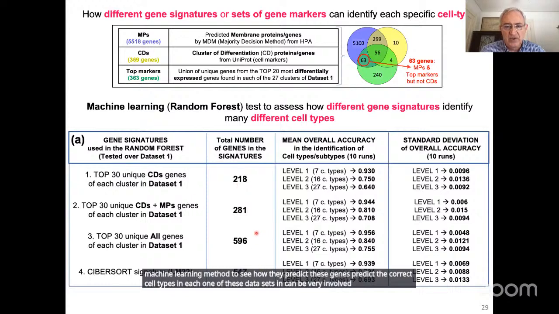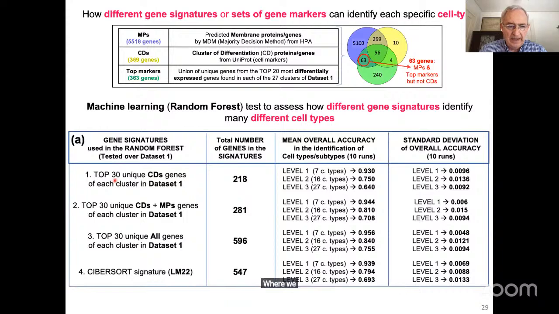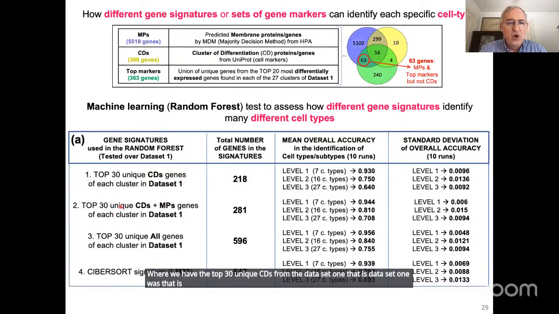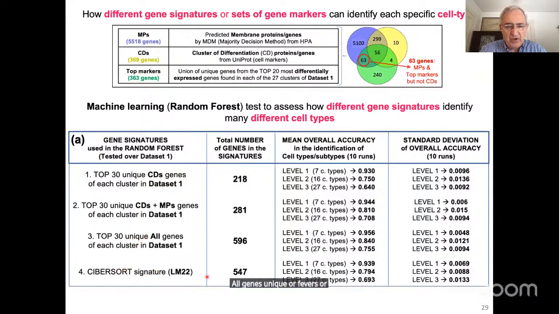with different signatures, no? The genes here where we have the top 30 unique CDs from dataset 1, that is the one that was supervised, or the top unique CDs plus membrane proteins that we added, or all genes unique, or Seurat source. Here we just put Seurat source comparison. As you can see here in the accuracy of the runs, when we did this run of this prediction,